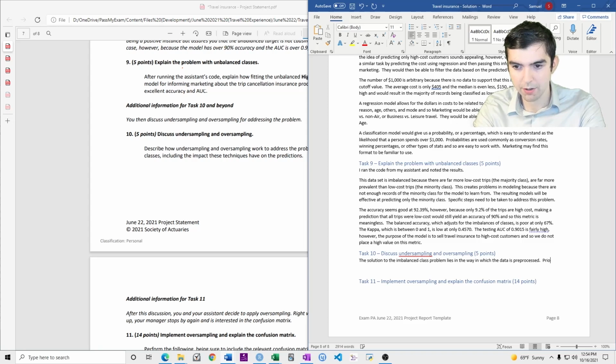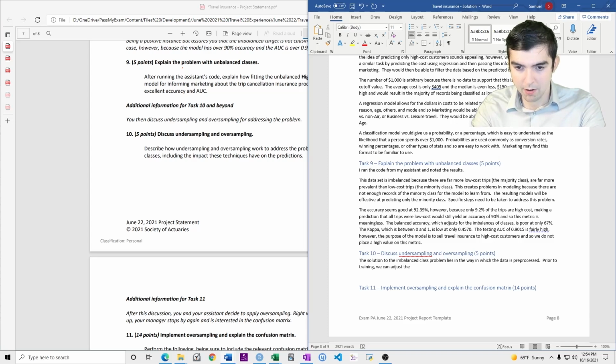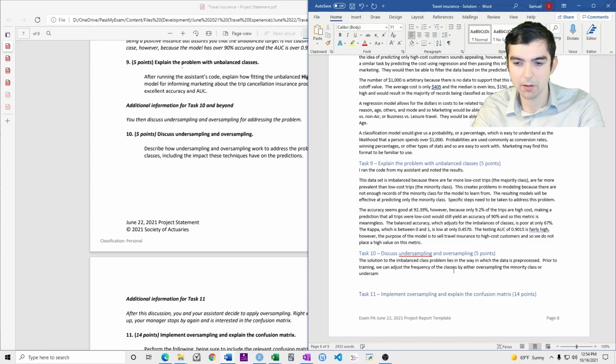Prior to training, we can adjust the frequency of the classes by either oversampling the minority class or undersampling the majority class.